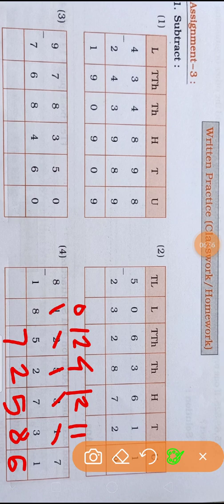0 minus 8, it's not possible. Then again we will take from the 10 lakh place. So which number forms here? 10. 10 minus 8, 2. And 7 minus 1, here is 6. So what is the answer? 62,72,586. Isn't it? All these questions you have to solve in the workbook, otherwise in the notebook. Okay.